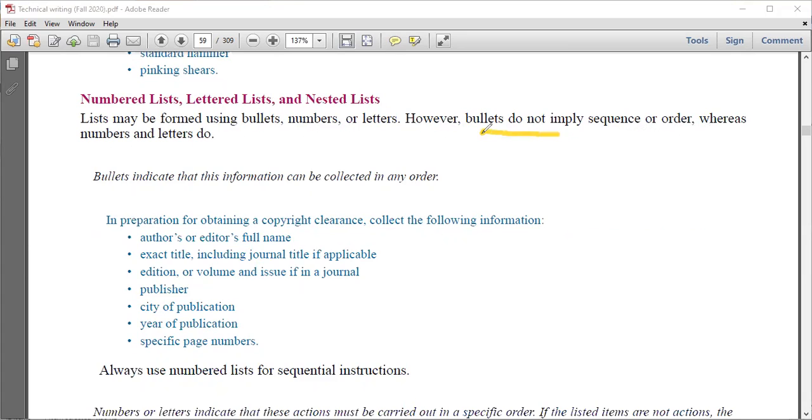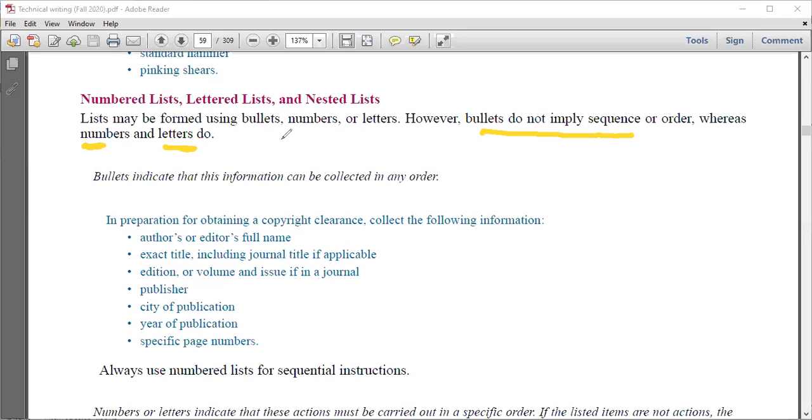That means bullets do not imply sequence. Numbers, if you're putting numbers 1 to 3, they imply that there got to be a sequence. So bullets may not have any sequence also, right? And so numbers and letters are actually used to tell that there is some sort of